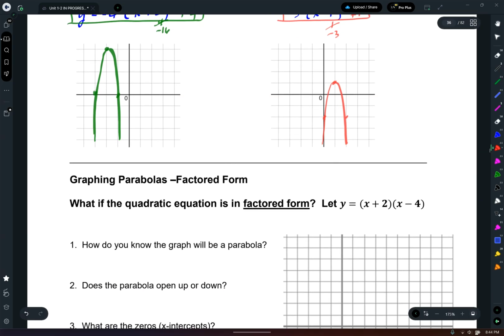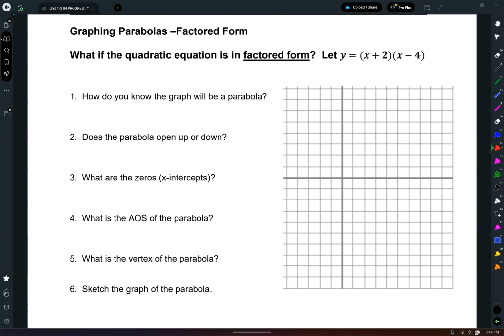Okay. And then the last form I want to talk about is factored form. And I don't know why we don't talk about this one that much in a lot of Algebra 2 classes, because I personally think it is definitely a valuable form. In fact, we'll use it on things other than parabolas as well. Okay, so the beauty of factored form is when it's in factored form, it tells you the zeros. So let's just put that down here. Factored form automatically will show you the zeros